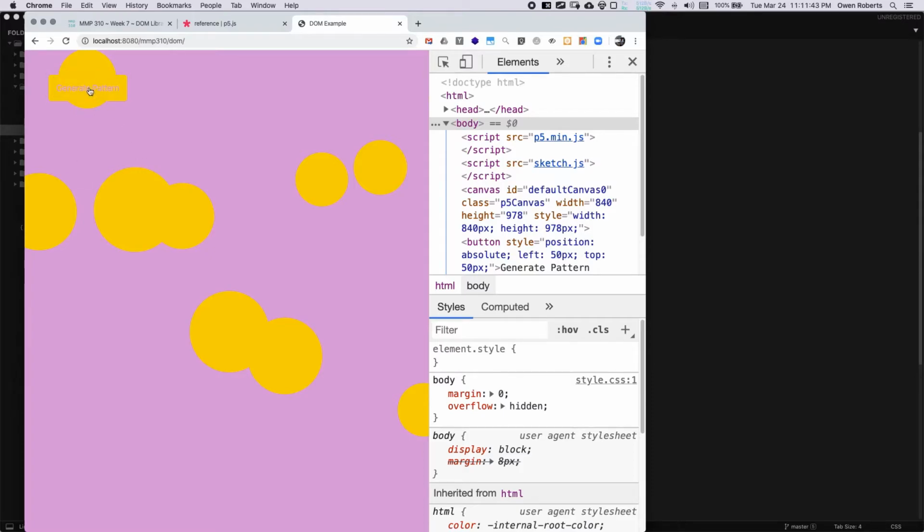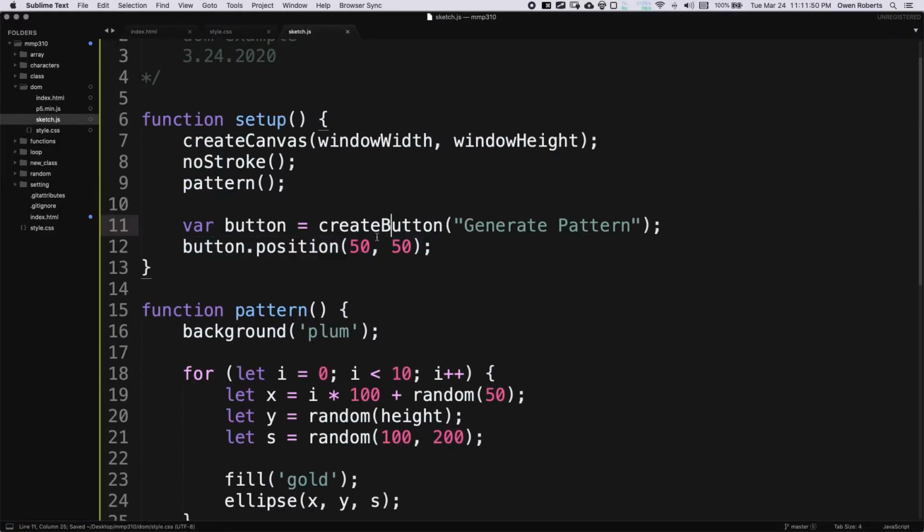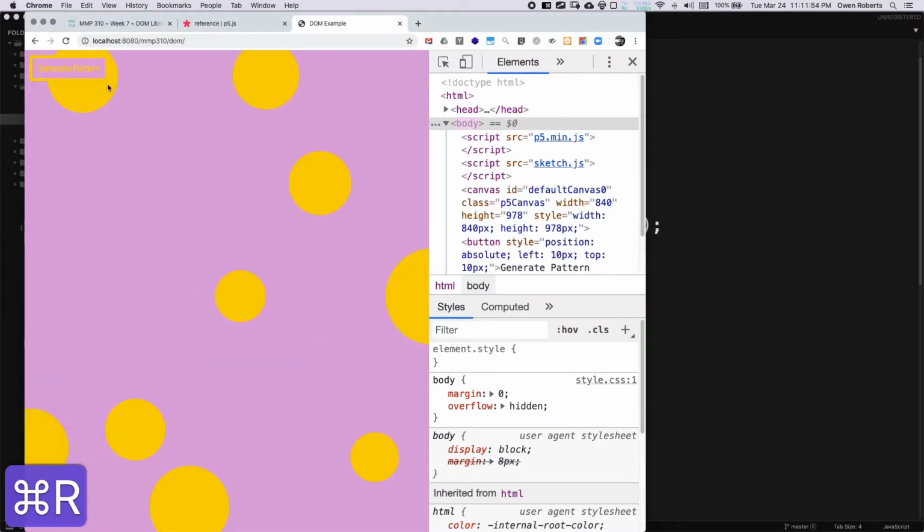Okay, so we have one button. Let's put it a little bit closer to the top left. So we can do that again in sketch.js. So let's put it at like 10 and 10. Okay, so we have our generate pattern. So we have a button, it kind of looks right. Now let's actually